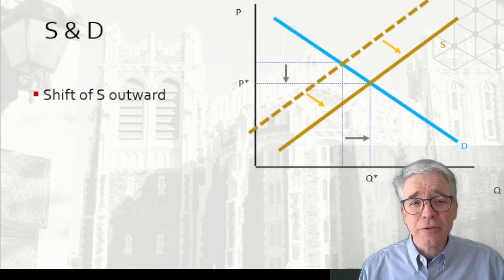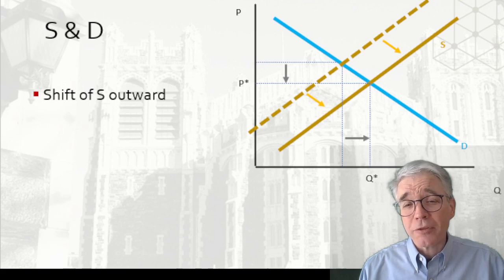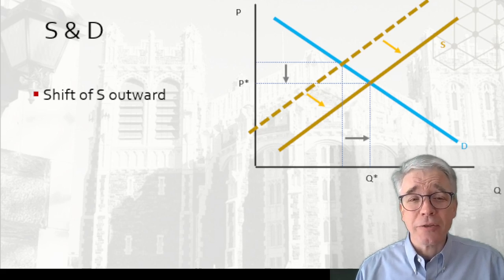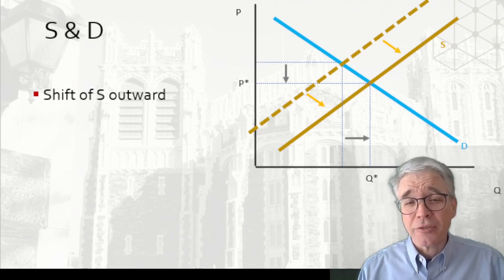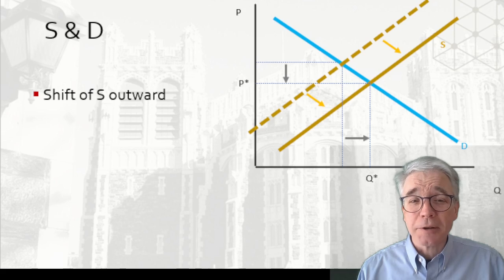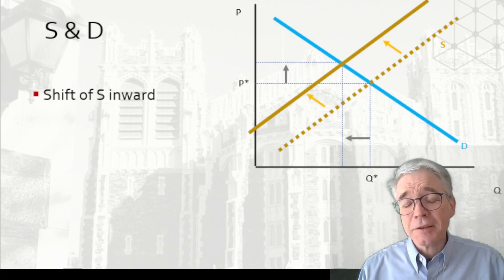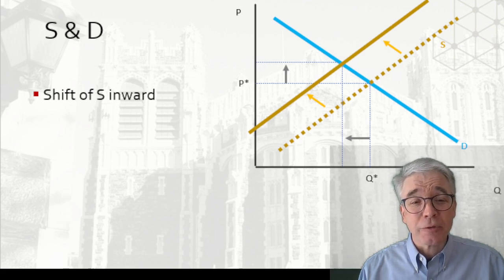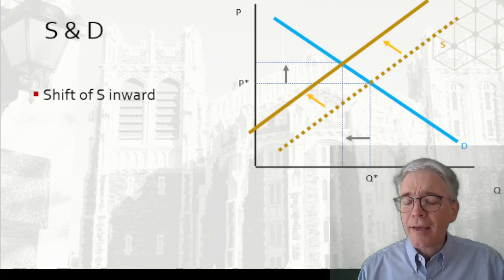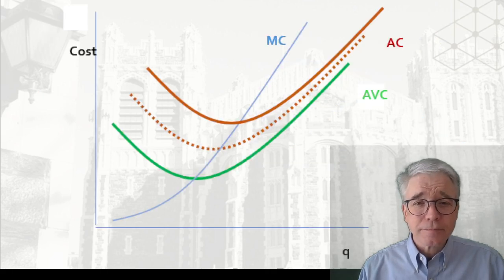Now, why do these prices jump around? A lot of reasons, but one important one is that other firms decide to enter or exit the market. If the price is high and a lot of firms are making profits, then new firms will enter the market. That shifts the supply curve outward, which will lower the price. Or vice versa. If firms already in the market are losing money, then some will decide to exit and get out of that market. So the supply curve will shift inward and the price will rise.